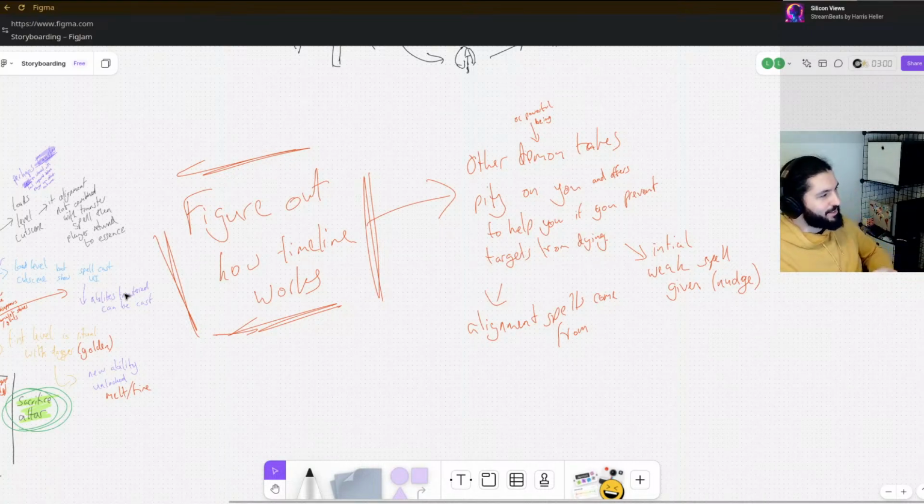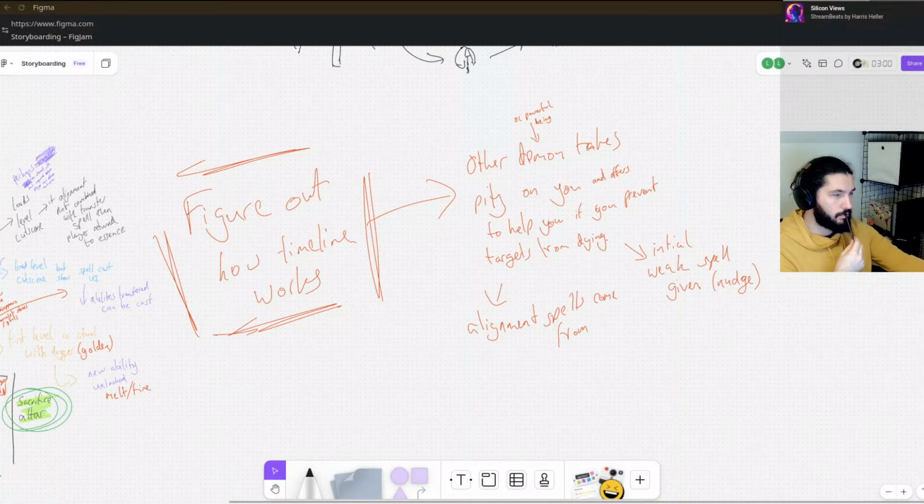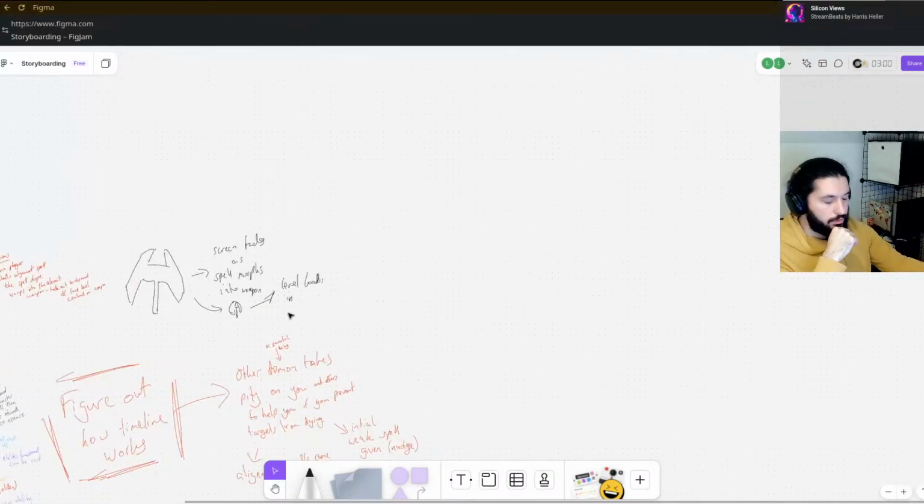We need to think about how this is going to work out. So what we could do, what I'm kind of thinking of here is, how's this going to work? So each level is a